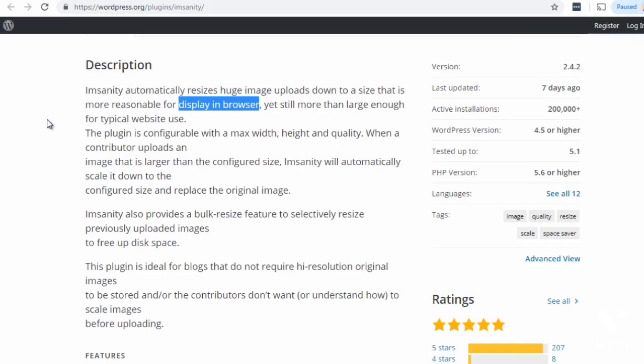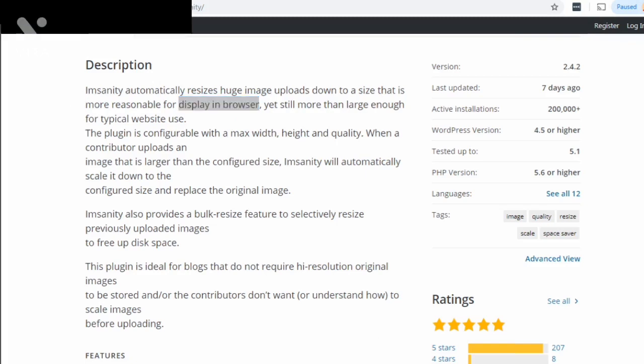A lot of times when you download images from royalty-free stock footage libraries, they are big, like 2,000 or sometimes 5,000 by 5,000. So you need to make sure that you're consistently resizing them. Now, if you're not using WordPress and you would prefer to do this manually, you can use